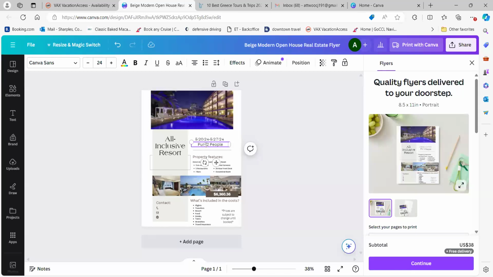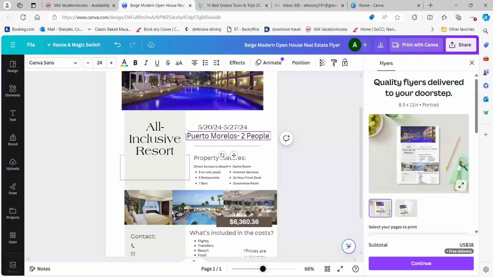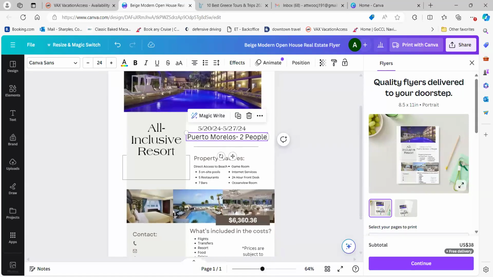I don't always give the resort name prior, and that's just because sometimes they will go and look it up themselves. If I'm looking for them and they want to know, I will. You don't ever want to not tell them if they ask, because it can chase them away and they decide not to book. Sorry, this bar just keeps getting in the way.